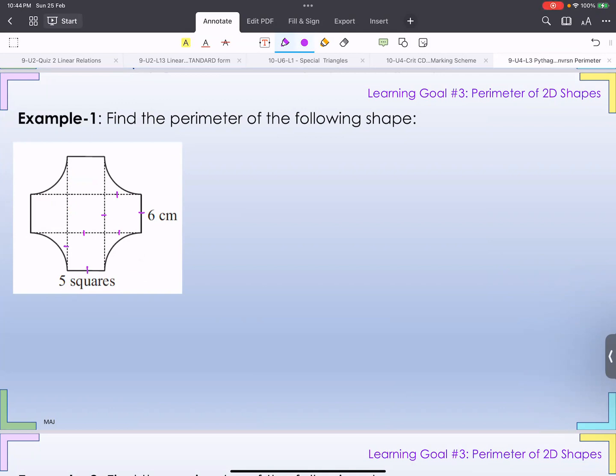So if this is a square, then this has got to be 90 degrees. And then this is also got to be 90. So automatically, these two are also going to be, this is also going to be 90. So this is going to be 90. Therefore, because this angle is 90, this one happens to be a quarter of a circle. Okay, so from here to here is a quarter